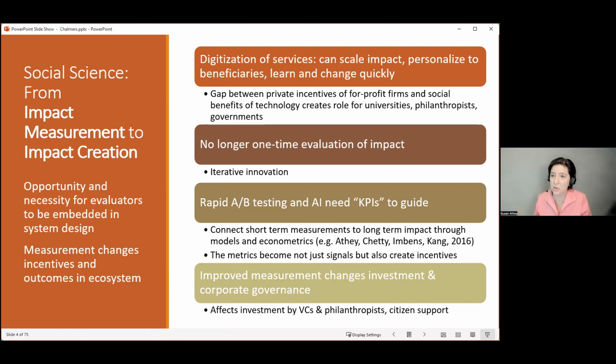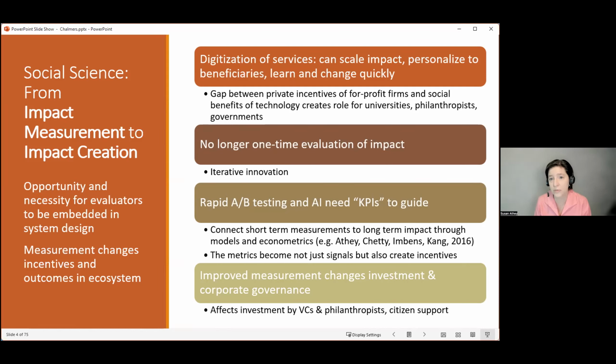And you can't do a 2-year evaluation of a static product. Instead, it's changing every week. And if you want to measure it and you want to change it, you really have to be part of the technology development. And there's this moment of great impact we have, impact potential.